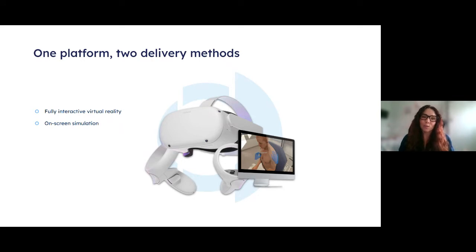The other option, which is much more accessible if you're thinking in terms of scaling this out to trainees or clinicians, is on-screen simulation. So you can flex between both, to suit your needs on that particular day at that particular time. So it might be that you've got a group of trainees, great, pop somebody in VR, link it up to